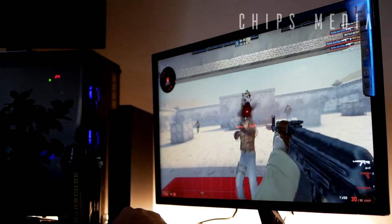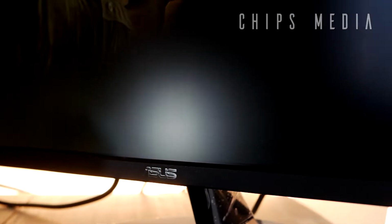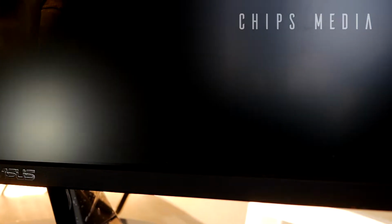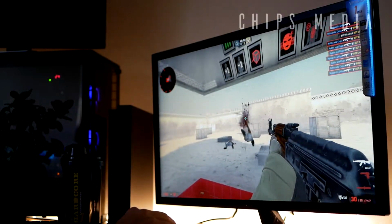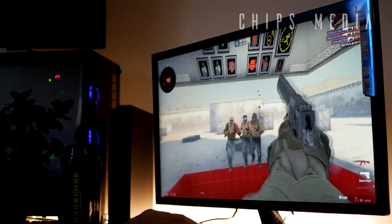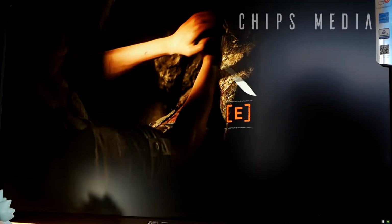Now, what sets me back the most is the 60Hz limit, of course. I knew that before buying and purchasing this, right? But still, coming from a 144Hz gaming experience, it is quite hard to get used to, not gonna lie here, especially in CSGO, where it hurts me the most. Now, in other games such as Tomb Raider, Doom, Forza Horizon and WoW, I honestly don't need more fluidity anyway,